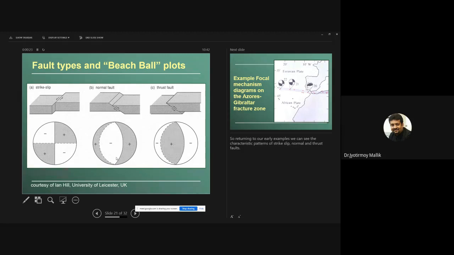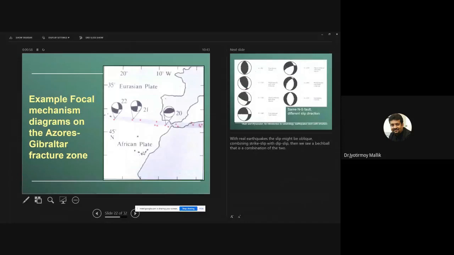If you find such diagrams, you should be able to say what the dip and the strike of the fault planes are. You can talk about whether it is shallow dipping, gently dipping, or steeply dipping, and many other pieces of information around it, whether the fault was a normal fault, a thrust fault, and so on. I'll show you some examples of beach ball diagrams, and now you can tell me what sort of fault we are looking at.